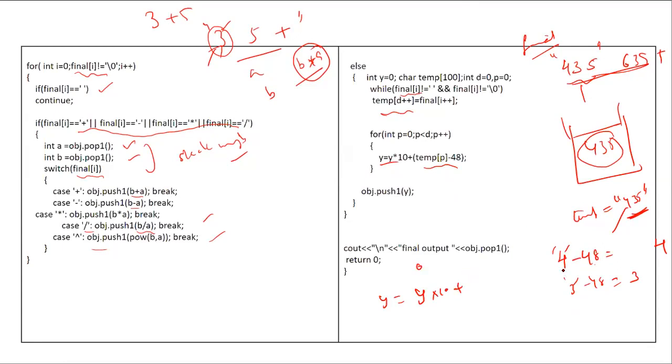So first you converted this 4 character to the 4 integer. So what will happen? The value will be 0 into 10 plus 4, the answer here will be 4. Then again the next element will be 4 into 10 plus the next character integer 3, which is 43. After that, 43 multiplied by 10 plus the next character integer 5 gives 435. In this way, you are extracting the integer value from the string 435, and pushing that into the stack. At last, after execution of all these chunks, whatever value you get at the top of the stack will be the final answer.